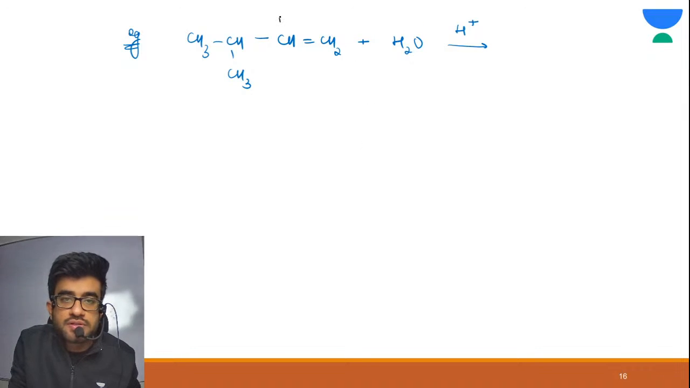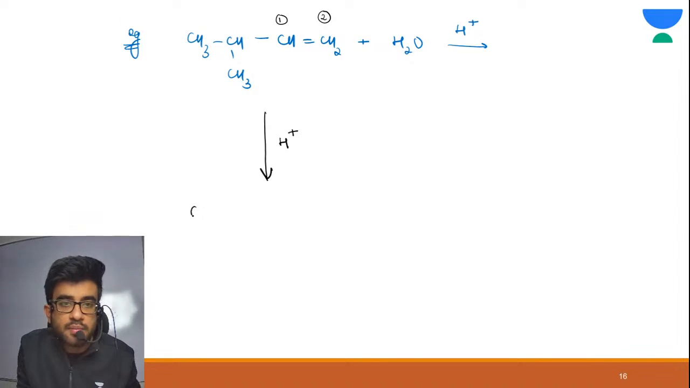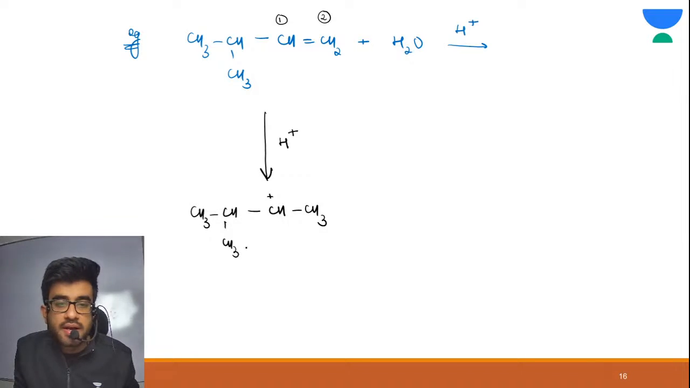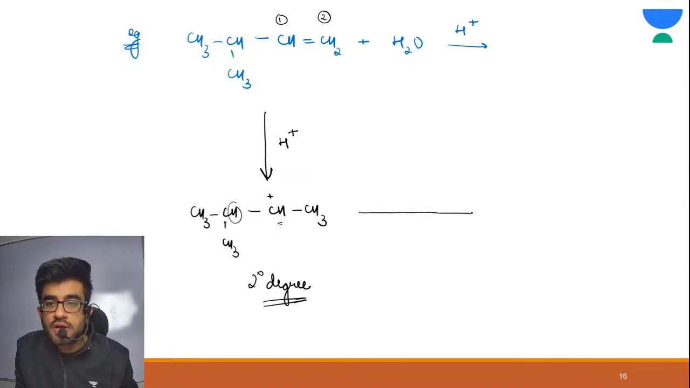See, this is your first. This is your second. More stable carbocation would be on what? On 1. So your H plus attacks and the carbocation formed is this. Now see, this is 2 degree. There is a possibility of rearrangement. This hydrogen can be shifted here. So if you rearrange,